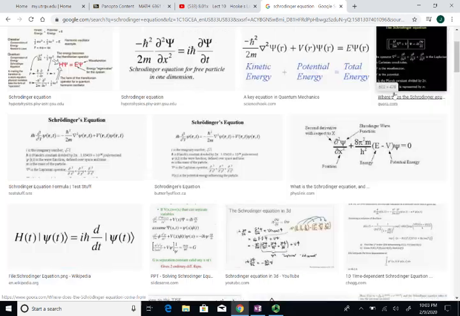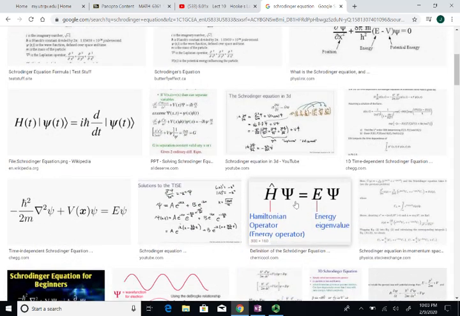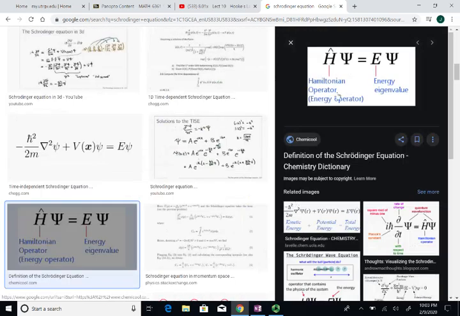However, there is another famous one. This is the one. So it's saying this is the eigenvalue. This is the eigenfunction. You see energy eigenvalue. And the Hamiltonian operator is just an operator that instead of being a matrix is an infinite matrix. And we call it energy operator. But that's what is on the tomb